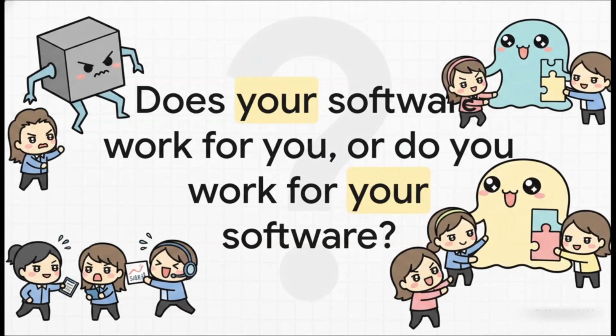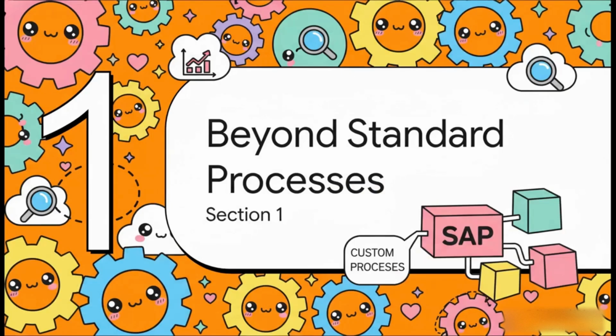So let me ask you this question right off the bat. So often, we find ourselves kind of fighting with our software, right? We're trying to cram our unique business needs into these rigid, pre-made boxes. And what happens? It slows down our sales teams. It frustrates our service agents. And honestly, it just limits our potential. But what if you could actually bend the software to your will and make it match your process perfectly? And that idea brings us right into our first section, the absolute need to move beyond those standard one-size-fits-all